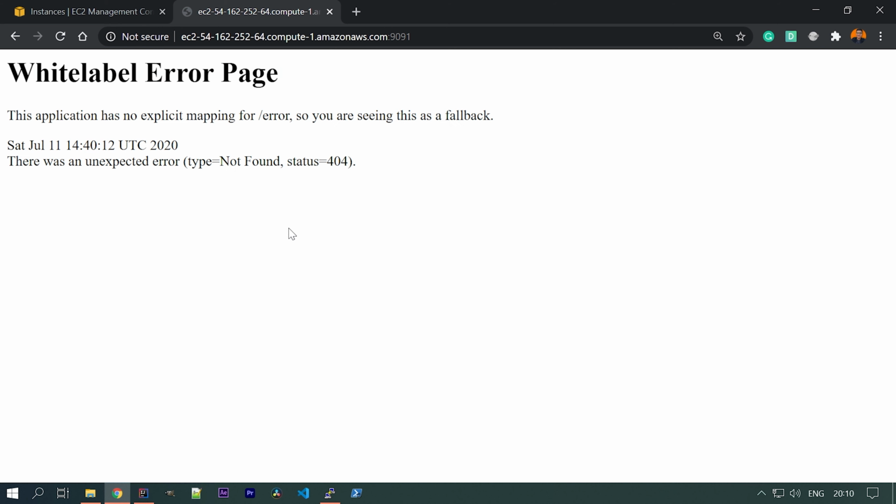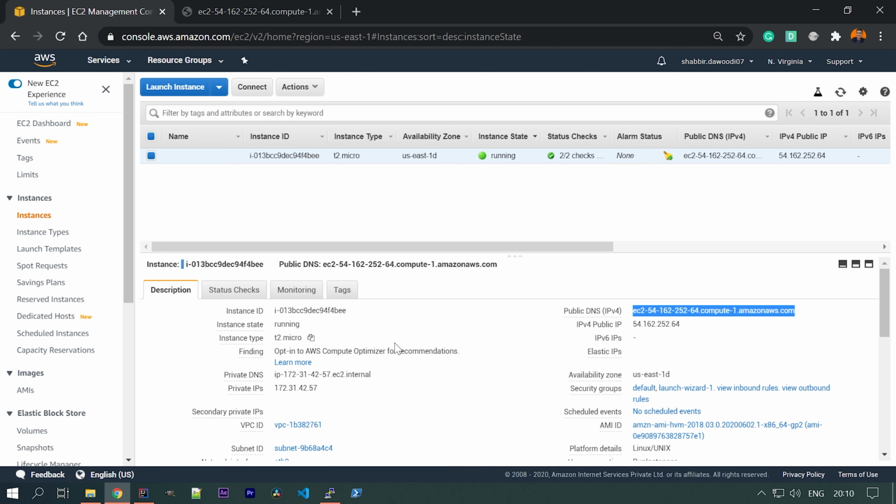In an EC2 instance using an S3 bucket. So this way we can deploy our Spring Boot app in an AWS EC2 instance, and we can leverage an S3 bucket to store our jar files and use them there. I hope this was an informative tutorial for you to spin up an instance and deploy your application. So that's it in this video.